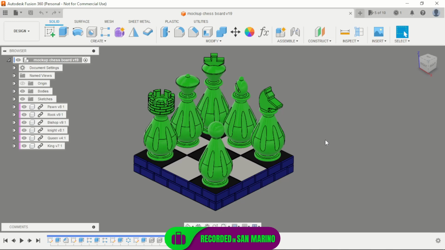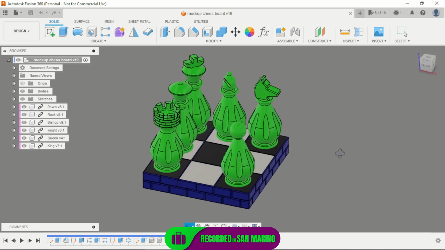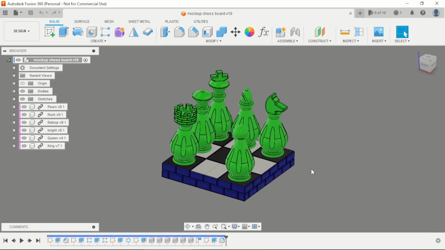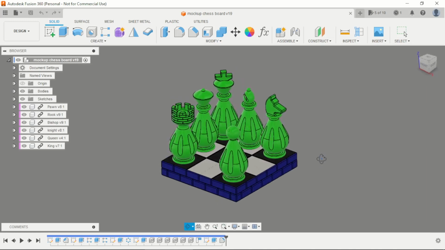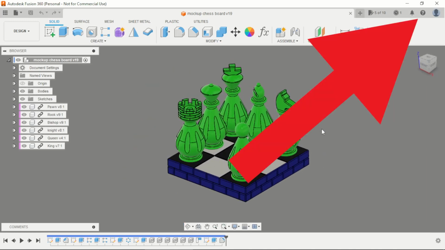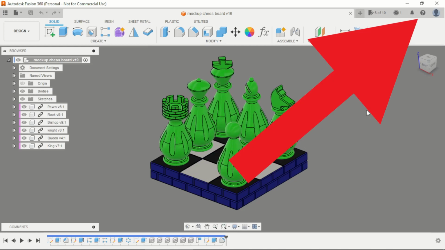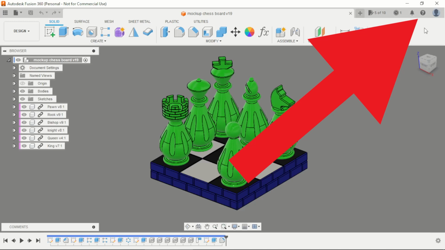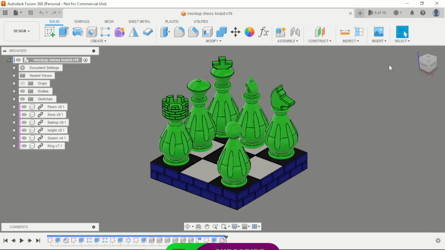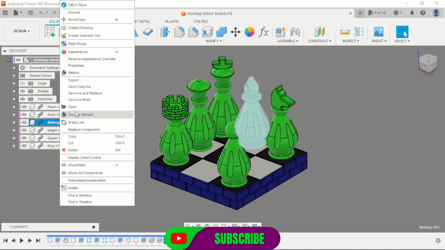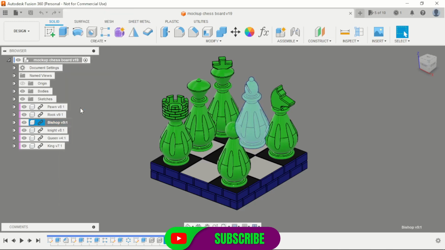This week I designed this chessboard set and I made all these parts to complete this chess. Remember, I'm doing a playlist on how to design every piece of this project. If you want to learn more about that, I have a card here with the full playlist that you can use to design all these parts. For today, we are going to design this bishop,